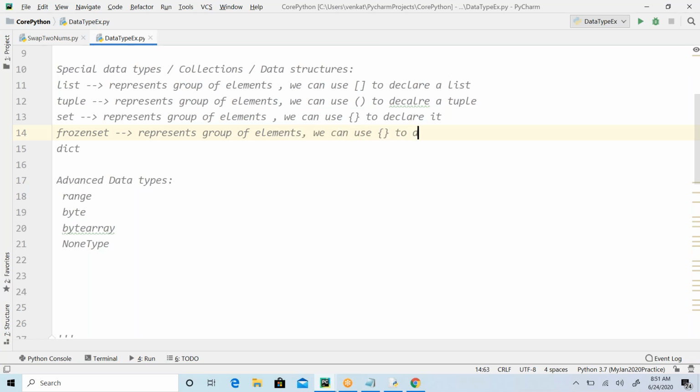Same thing, exactly same. And dictionary also like so. However, the list, tuple, set, frozen set, these are going to differ from the dictionary, guys. Dictionary is completely different, where you can represent the data, represents the elements or objects, basically you can use this term objects, as key value pairs, like